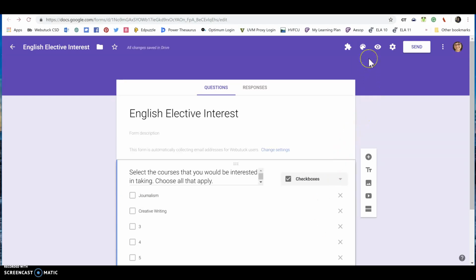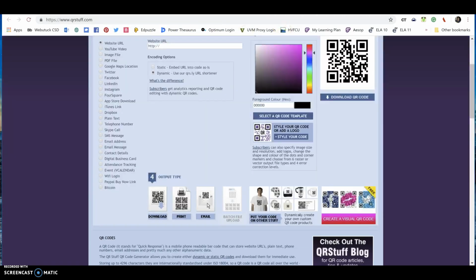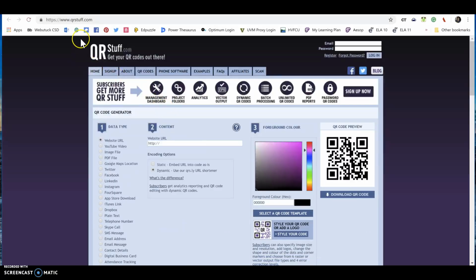If you would like to change the background, you can do that here in Customizing Theme. For all intents and purposes, I'm going to say that this now is completed. So at this point, you're going to take your elective or your survey, and you're going to open up another tab, and you're going to go to